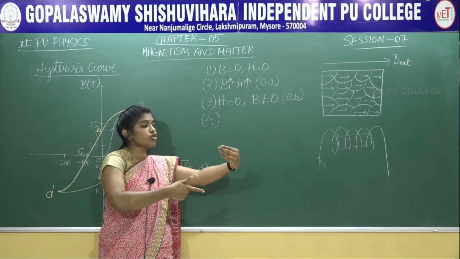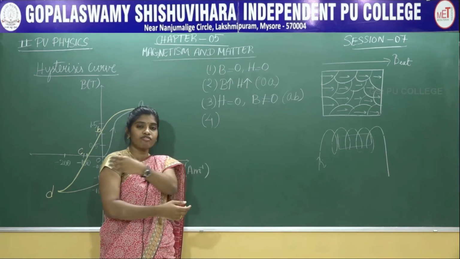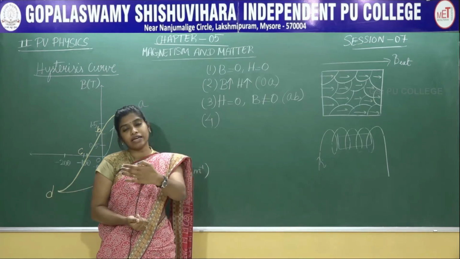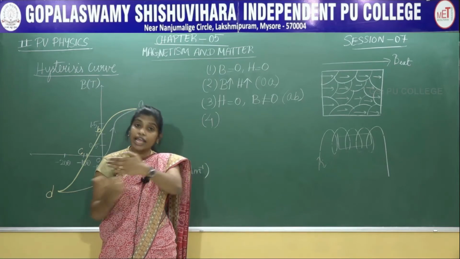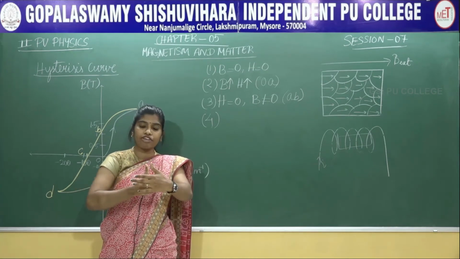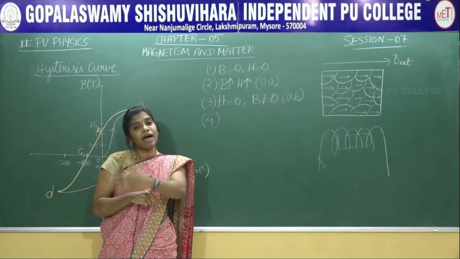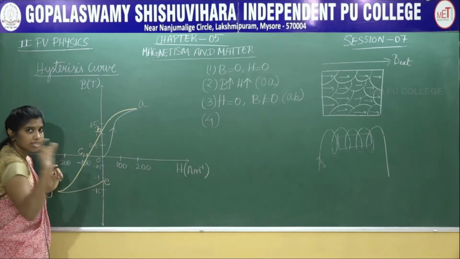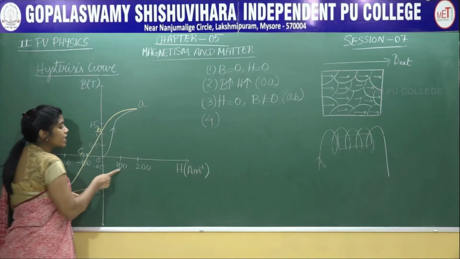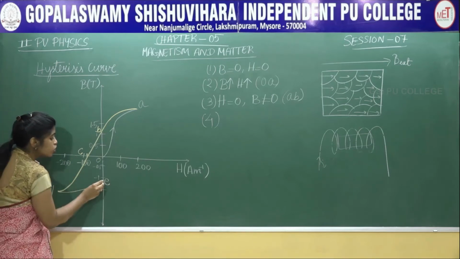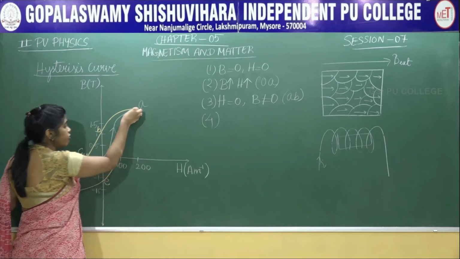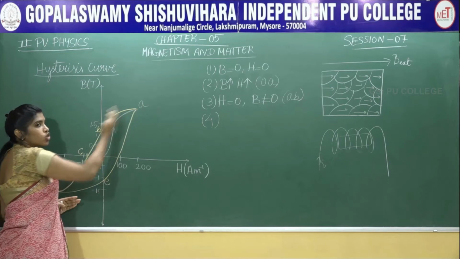Next, I am going to reverse the direction of the magnetic field. So, we have reversed the direction of the magnetic field. When I reverse the direction, all the magnetic moments are going to get aligned in the direction of the magnetic field, that is in this opposite direction. Now, again I have made the magnetic intensity H 0, but B has not become 0, it has a certain value. So, to make this value 0, I am again going to increase this value of H. As you increase the value of H, you can see that the value of B also goes on increasing.